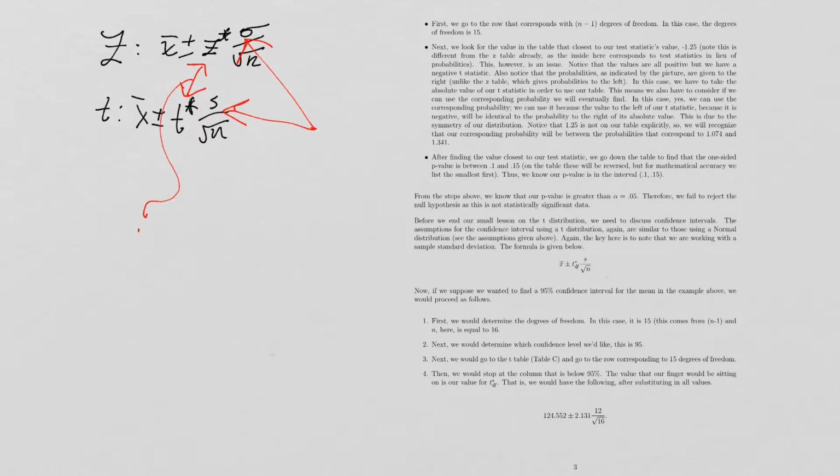Let's see. Okay. So largely what we're noticing is we have this different t star and z star. So we have different critical values. And the reason we're not going to worry too much about this, one, is because they're fairly straightforward for all of you to compute, and also, two, because